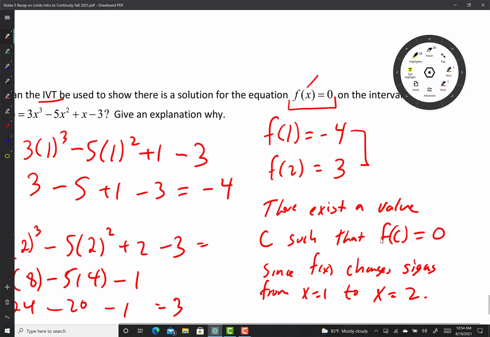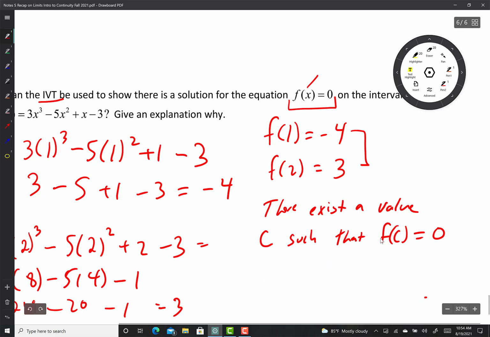Maybe we're not that advanced. Don't write that part down because we're not advanced yet. Just scratch it. You don't have to erase. You can just write: there exists a value c such that f of c equals 0 since f of 1 equals negative 4 and f of 2 equals 3,